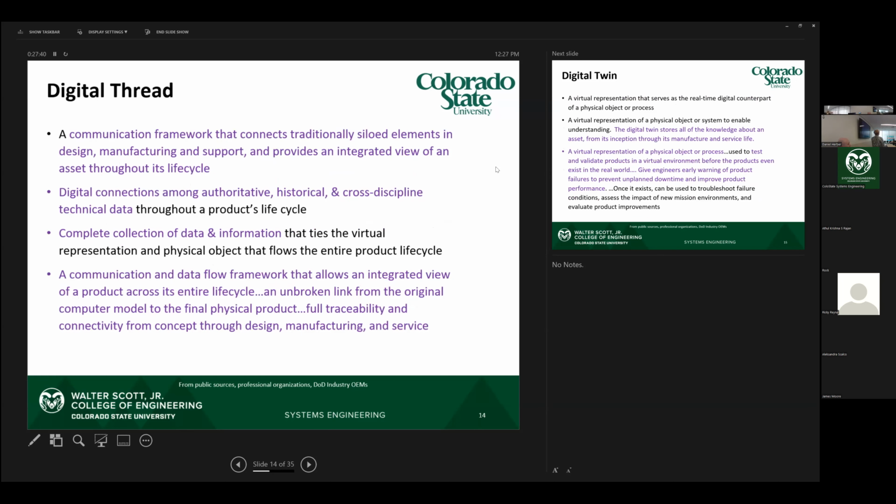So digital thread, you've heard digital thread, right? What is a digital thread? It is just this digital framework, and this is the first one, I like this one down here. A communication and data flow framework, where we actually have everything about a product that is kept with it through its entire life cycle. And one of the most important things about this is you actually go through modeling this, even through its life cycle, before you produce it.